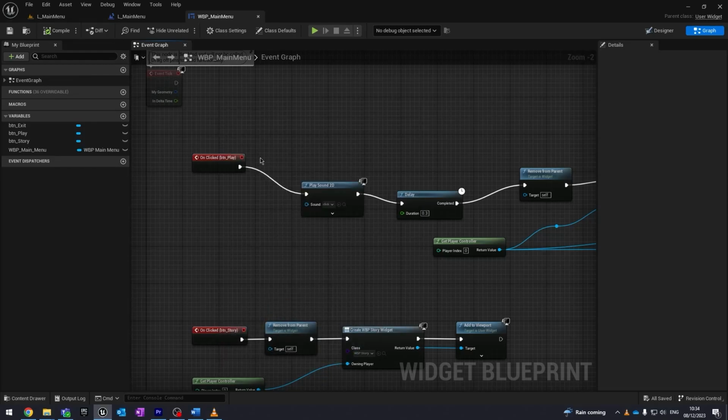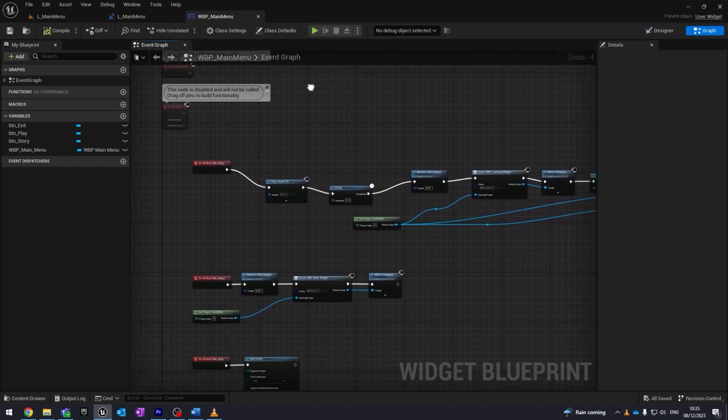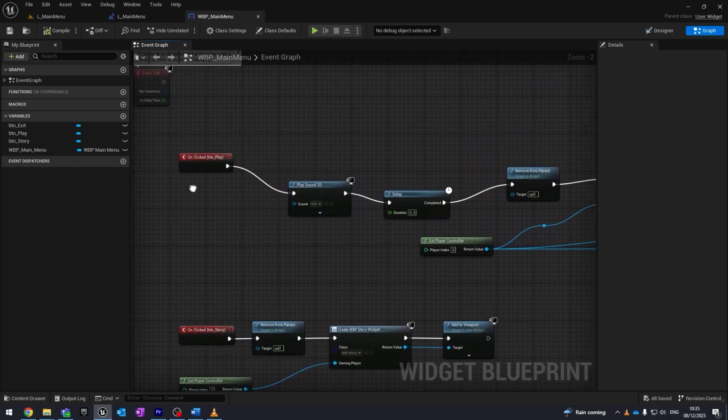This is the video for my L_main menu and my WBP_main menu, which function both the same purpose. To begin with, I'll be going over WBP_main menu. Now, starting with the on-clicked bit here, this ends up leading into place sound 2D, which leads into a node